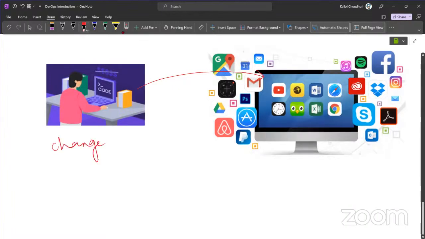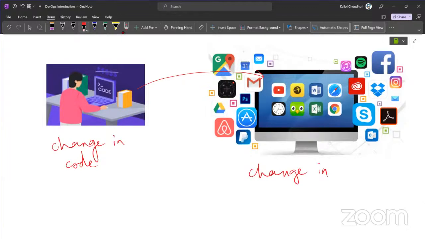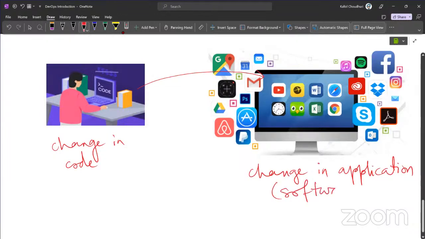Change in code will lead to change in application or software. Application means I'm talking about software here. So this entire journey of learning DevOps as a course, you will learn how this entire thing is when you will be able to do this continuously,